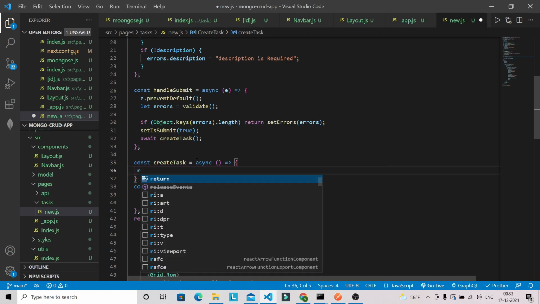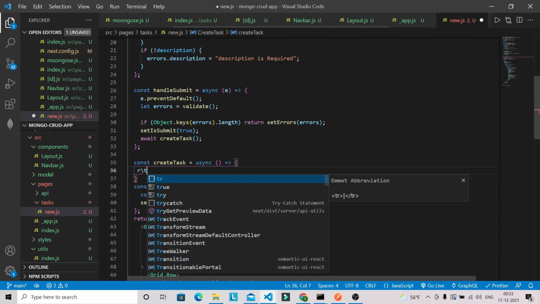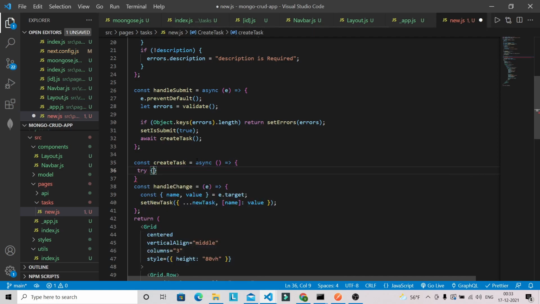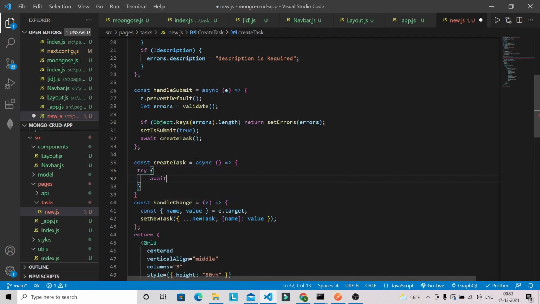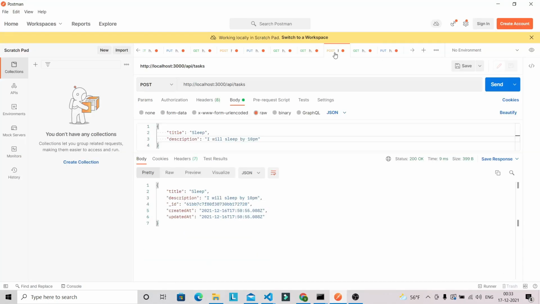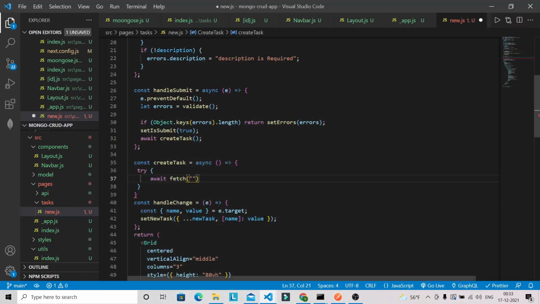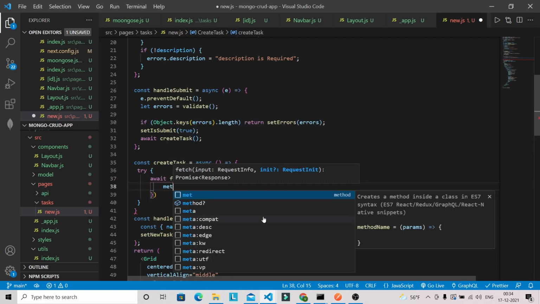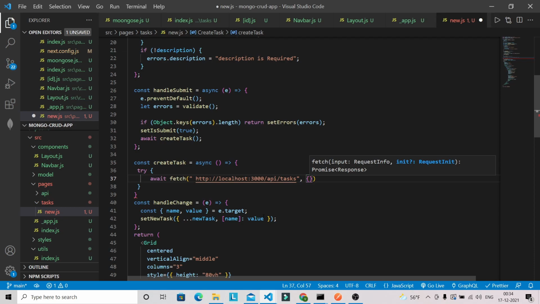So try, inside try we are going to use await fetch. So we are going to use fetch only, and this API we are going to use. And we have to send method, headers, body.